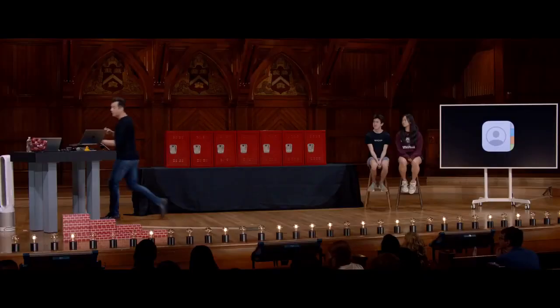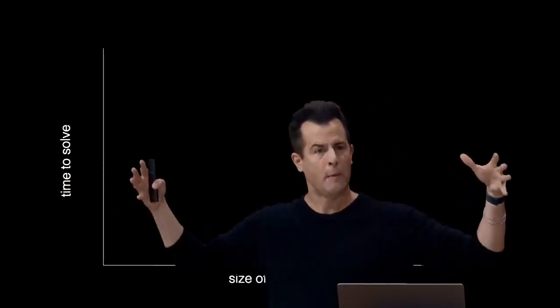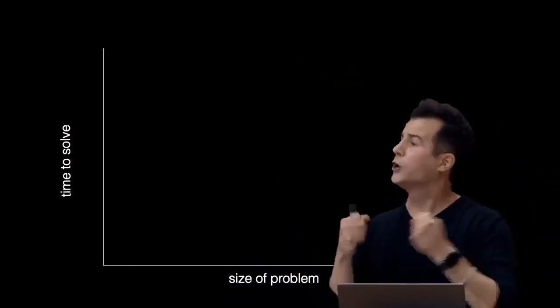And if you recall, when we did the phone book example, wherein I first had an algorithm searching 1 page at a time, and then second went 2 pages at a time, and then third started tearing the thing in half, recall that we, with a wave of the hand, kind of analyzed it as follows. We proposed that if the x-axis here is the size of the problem, like number of pages in a phone book, and the y-axis is the time required to solve the problem in seconds, minutes, page tears, whatever your unit